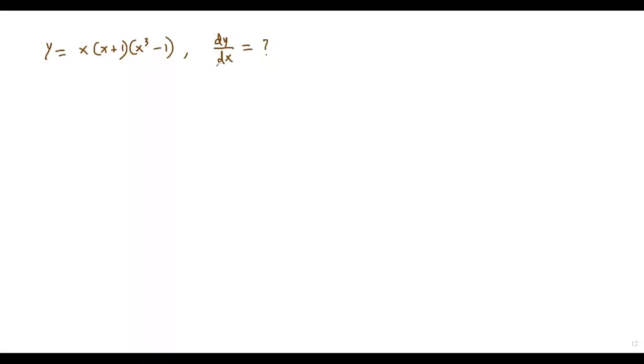Here we have a problem on derivative. That is, we have to find the derivative of this function with respect to x. That is dy over dx. Okay, so before we find derivative, let's multiply the first term and second term, because here we have product of